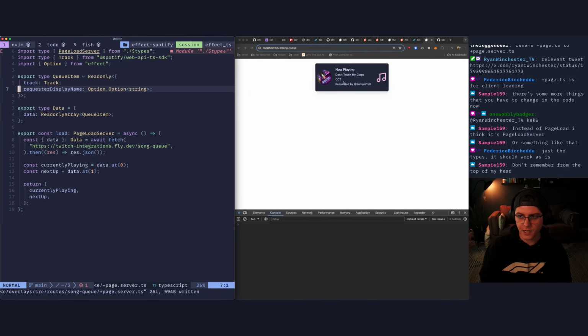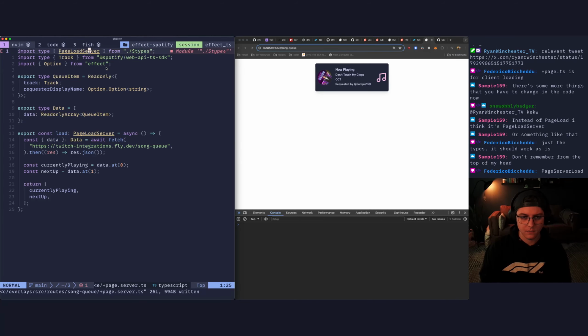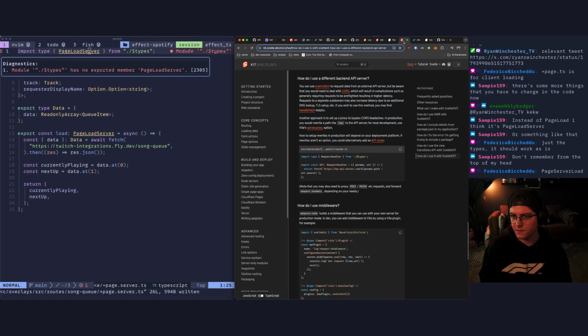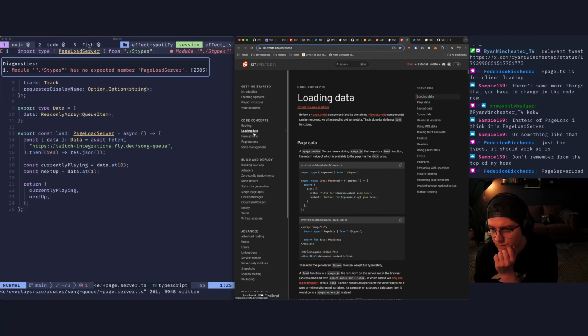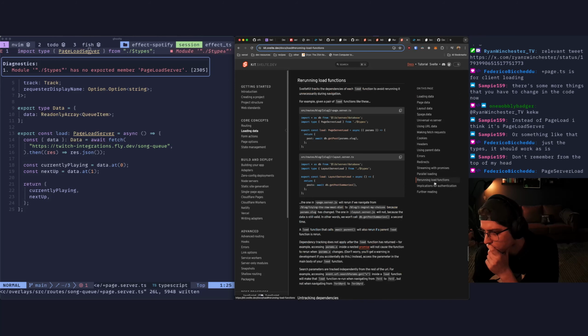That looks like it just changed. Oh, I also saved stuff. SvelteKit. I want to get this working. Page server load.